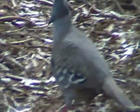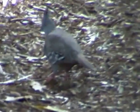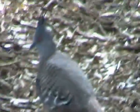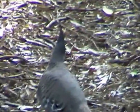You often see them in pairs. This little guy is just foraging around on the floor here in the little patch of forest. They're very cute too. If you approach them slowly, they'll just walk in front of you, always staying just out of reach. But if you try and make a sudden move, they launch into the air with this really curious whistling, and